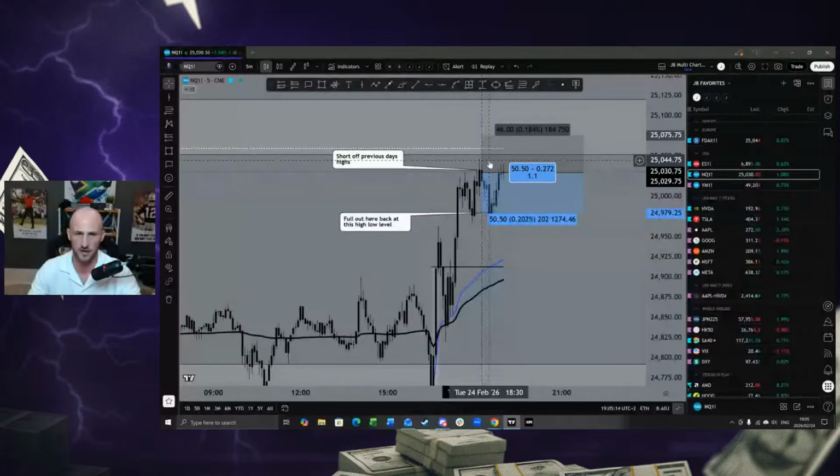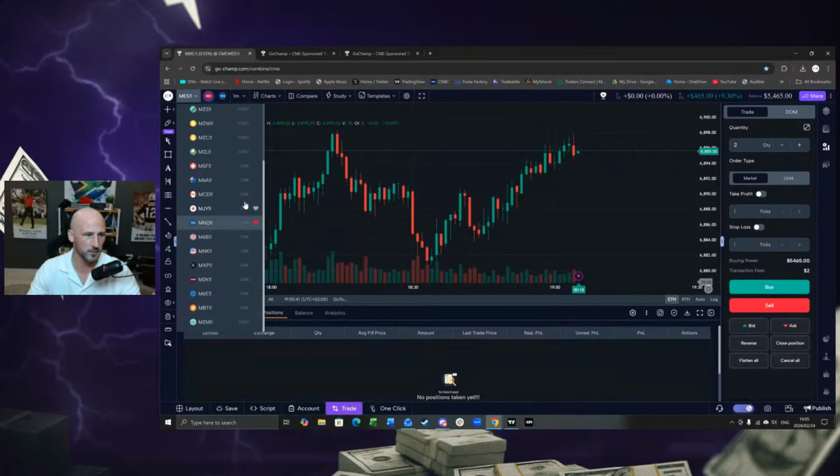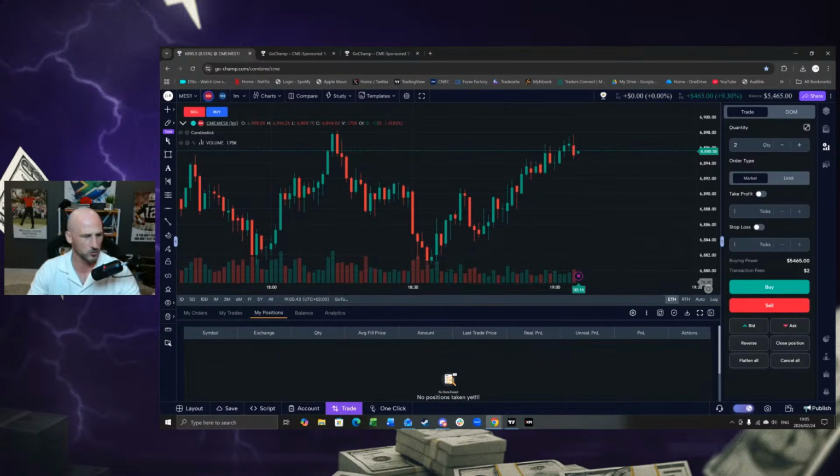We'll go over some more assets as well, maybe gold and things like that, because you can trade quite a wide variety of assets in this competition on GoChamp. So gold, you've got all of these up here too. Let's just refresh that. There we go. So we'll maybe go over a little bit of gold. You can also trade Bitcoin, it looks like.